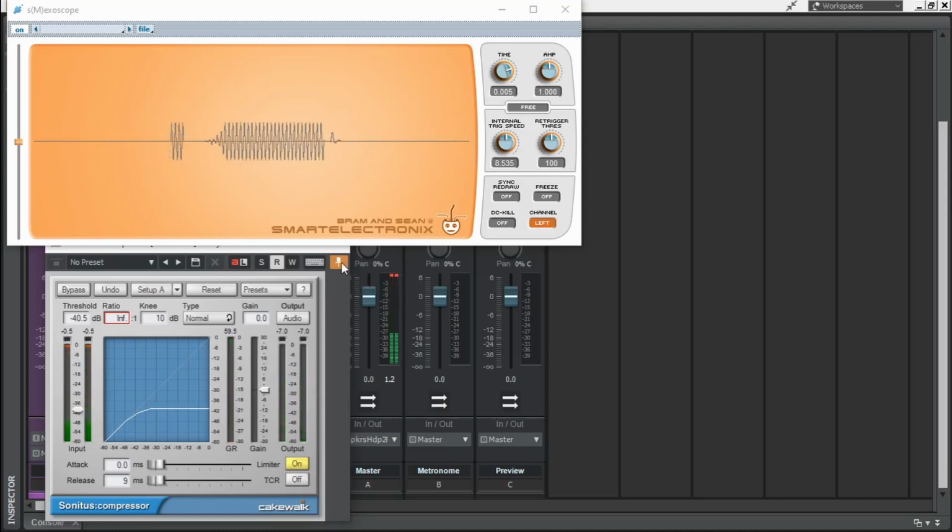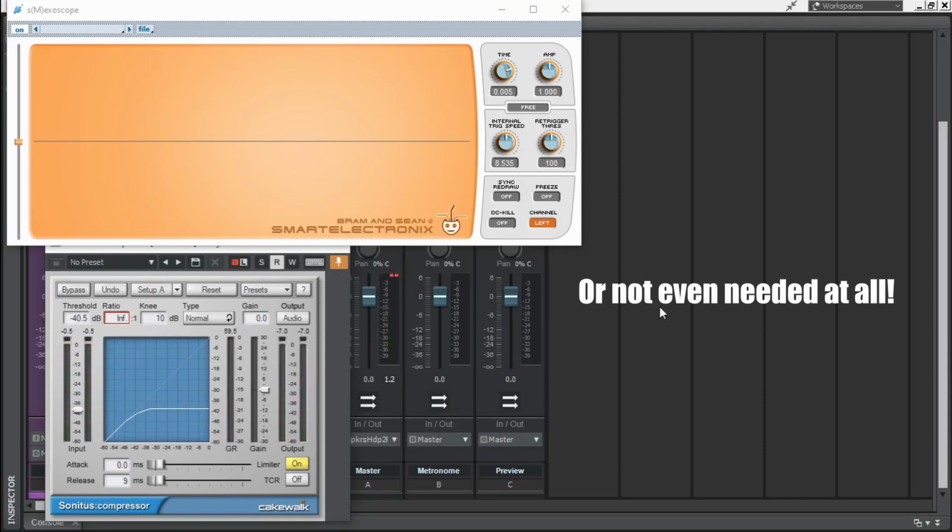Now in certain genres, we might need the sidechaining to be really subtle. Like in rock music, where sidechaining should be pretty much unnoticeable but we still want the kick to come out a little more than the bass. Or in trap music, where the kick and 808 occupying almost the same lower frequency range are supposed to sound pretty much merged and still have the punch of the kick.